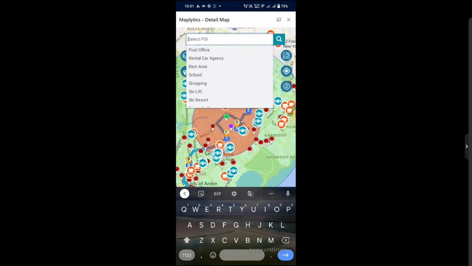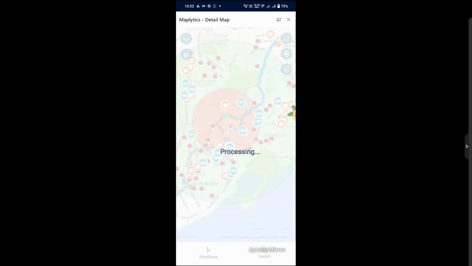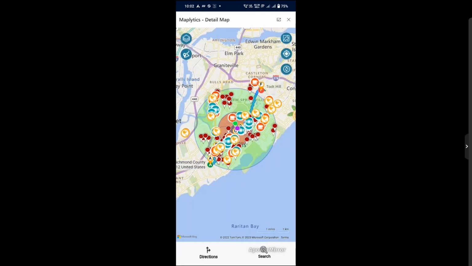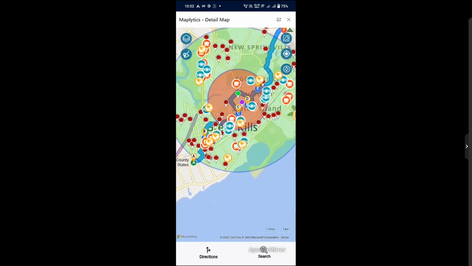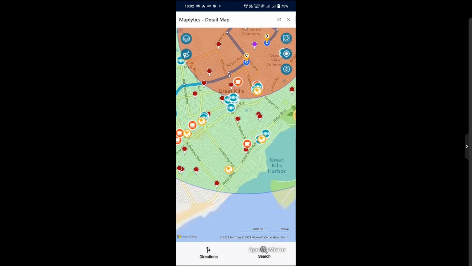So here, in case you're not able to find a particular location, you can simply enter a keyword in order to get that location plotted on the map. Right. So here you can see all of these locations have been plotted. Now here you can single tap or double tap on the respective icons and you will be able to see some more details about these particular